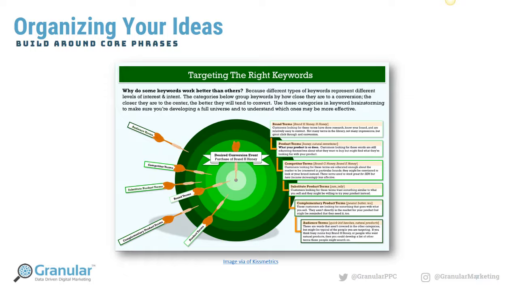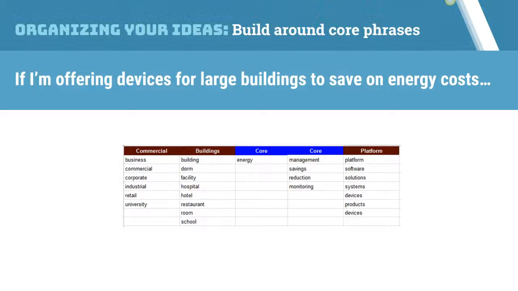So at the center, your brand terms, and as you work your way out, you get all the way out to audience terms that don't necessarily have to do with your products and services, but if they search for those keywords, they're in your audience. So it might be something related. You can classify your keywords this way to help you prioritize later on. So once you do that, you have all these ideas laid out of what your audience might be searching for. You want to start building around your core phrases.